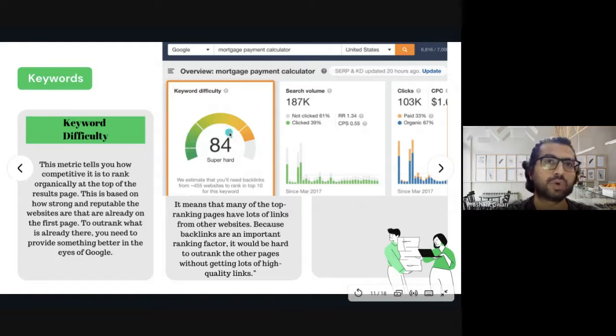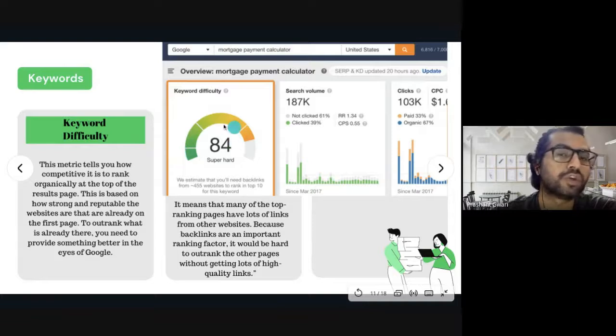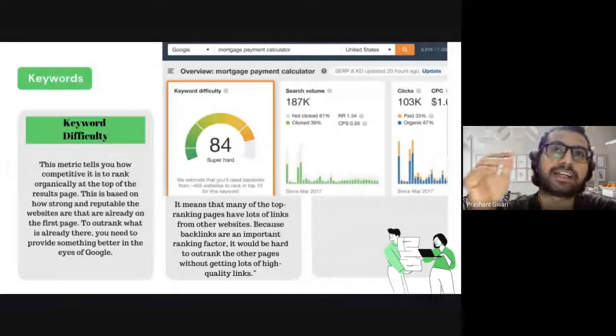So when you are competing with your competitors and the keyword difficulty is too high, that means leave that keyword. Don't use that keyword on your site content. You will never rank with that content because keyword difficulty is too high. So having a good search volume and having a high keyword difficulty, you will not use it. You will target those keywords which have less keyword difficulty, less than 60, 50 or 40.